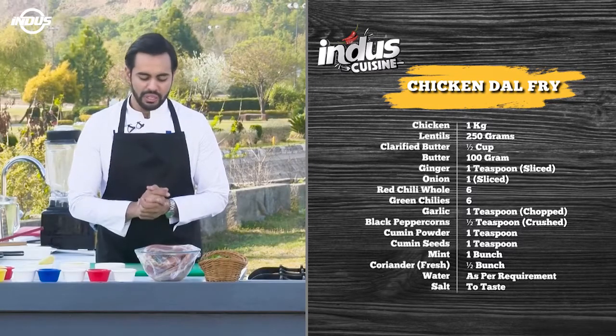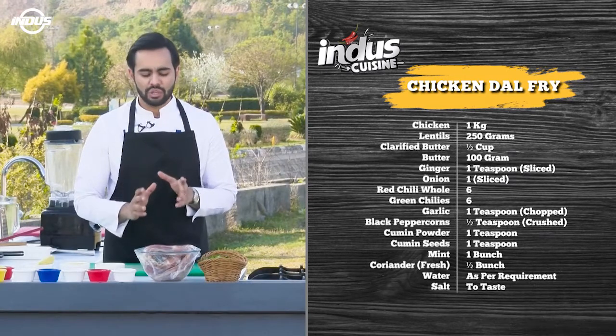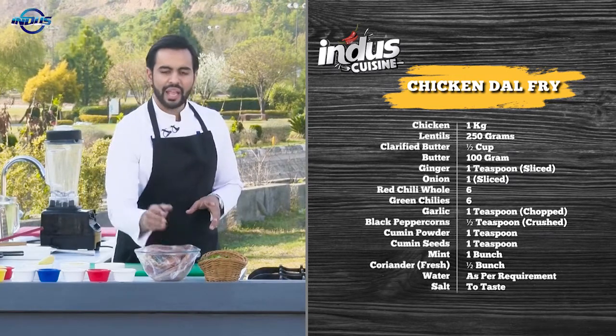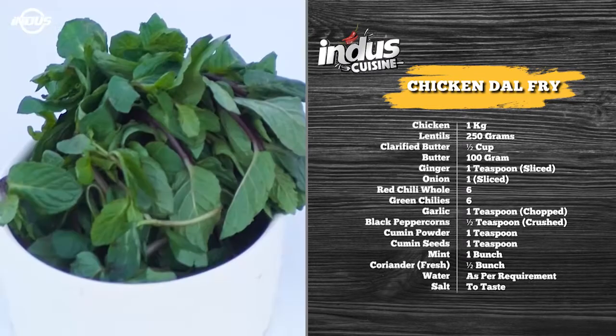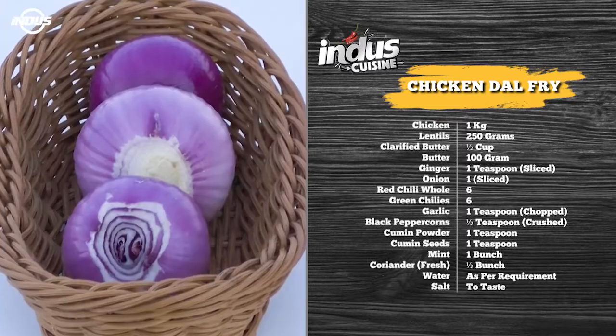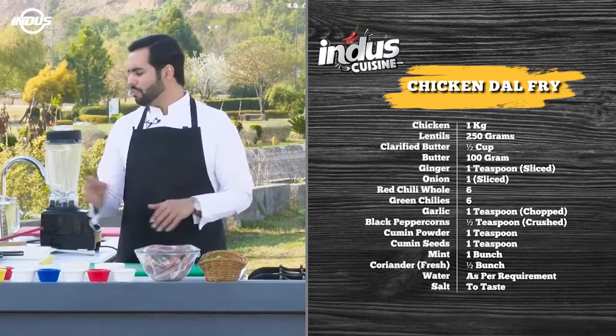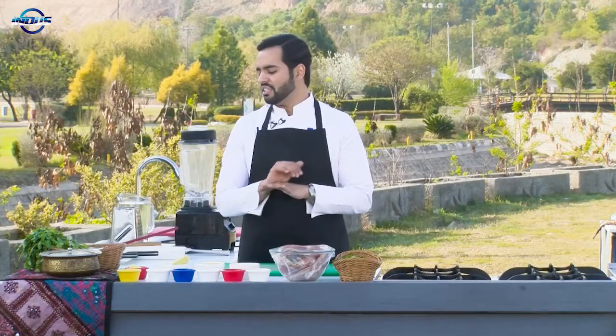Apart from that, you would be needing around 1 kilogram of chicken, and I'll be using chicken legs today, in which I'll be taking the chicken leg and the thigh on the side, and then we shall fry it first. Then you need some mint leaves, some lemon towards the end, some coriander, 1 onion finely chopped, around 2 tomatoes and some fresh green chilies. Yes, these are all the ingredients for today's recipe. And now what we shall do.